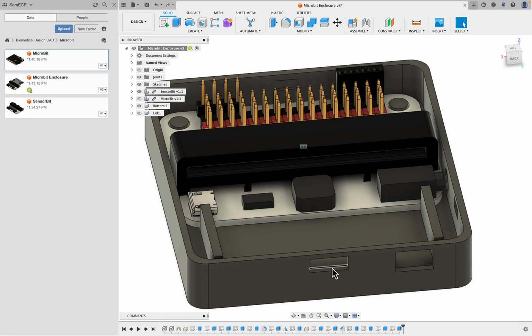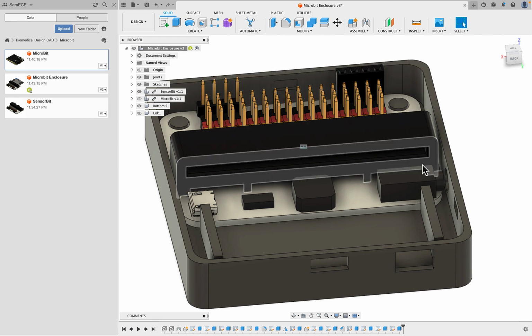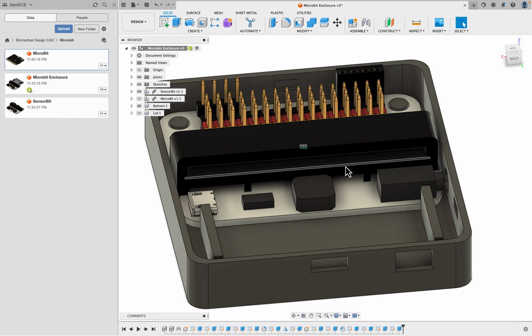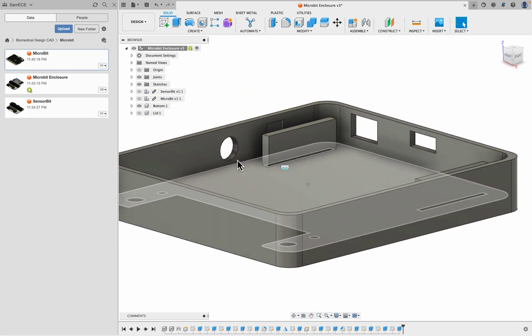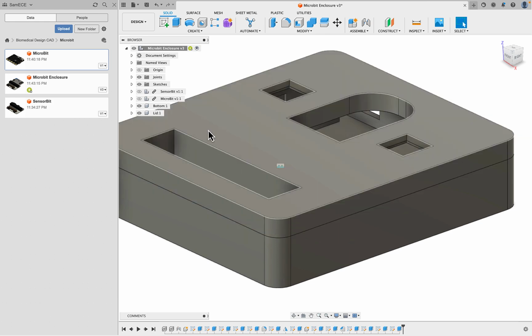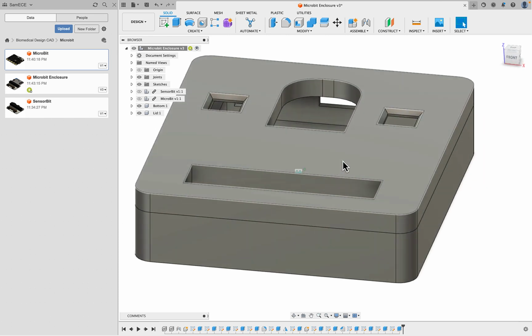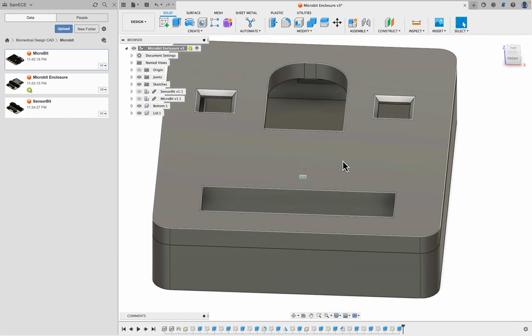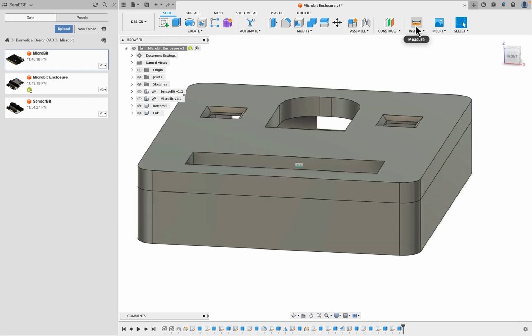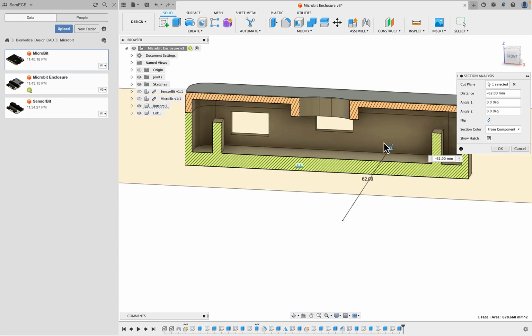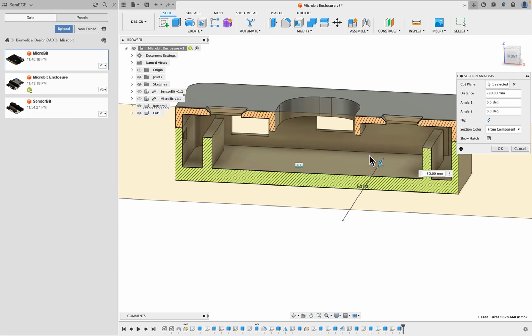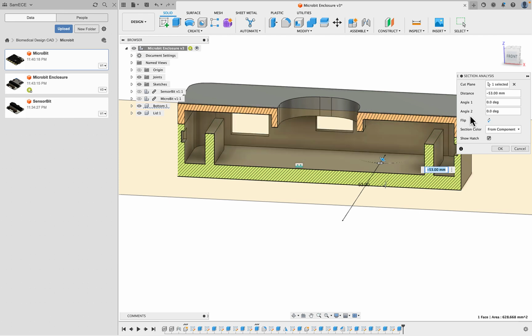So finally we need the various latches that snap into place so the tops actually stay in place. So let's just hide all the sensor bit parts, because now it's just basically box to box, lid to bottom. So we'll do the lid. In this part, of course, it gets a little difficult to view what's in there because, well, it's enclosed. But if we do the inspect and do the section analysis, hit the side, then I can actually just gain access to this part here. So now I can actually see the cutouts. So hit OK,